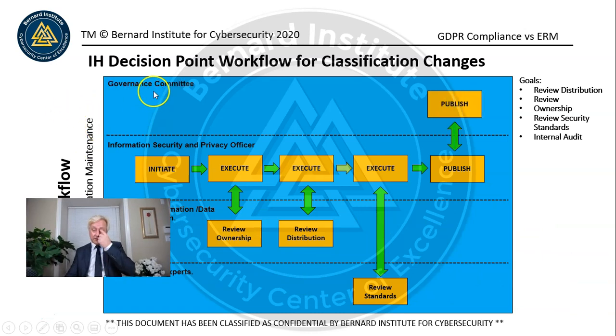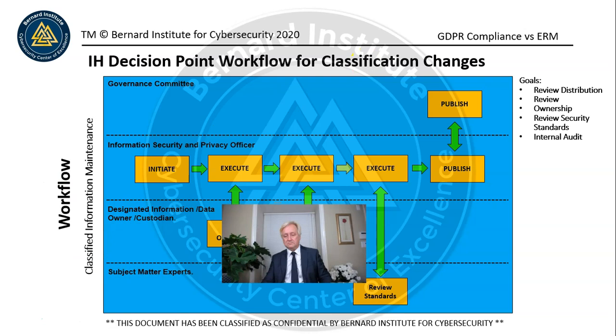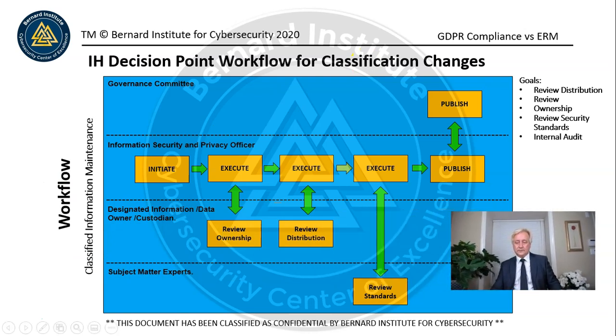Now, the governance committee needs to know about the changes to any classification. Do they actually approve changes to classification? It depends on your organization. They may or may not. They may leave it to the person who's in charge of the cybersecurity program to make those decisions, or to work with the appropriate people, such as subject matter experts and designated custodians, in order to come up with the best plan on how to set classifications. But they definitely need to be aware of it. They need to be aware of what it is, what risk it is that we're mitigating with those.